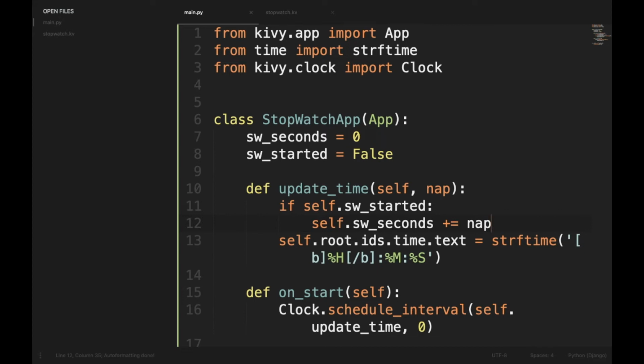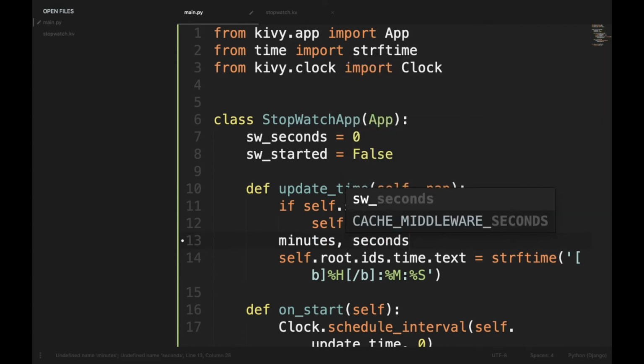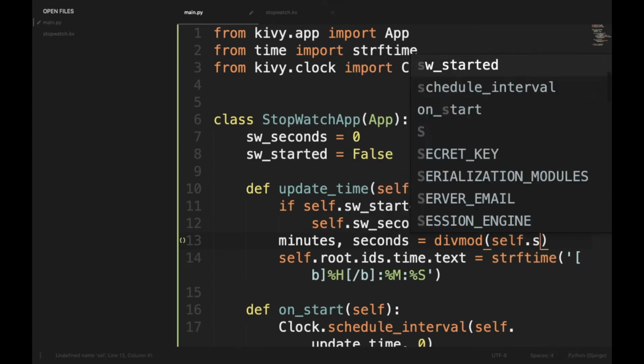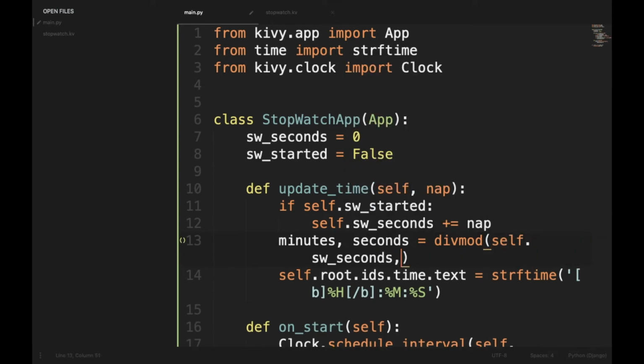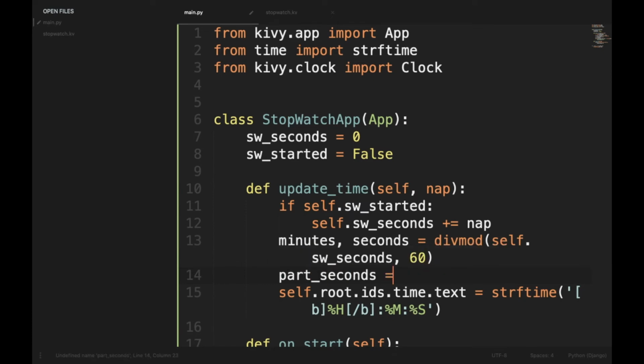This will give us the number of seconds since the stopwatch started, and now we will have to break down those seconds into minutes, seconds and parts of a second. We will be using divmod, which gives the quotient and the remainder. So here minutes, seconds is equal to divmod of self.sw_seconds, 60, and then for the part of the second we'll do part_seconds is equal to seconds times 100 remainder 100.